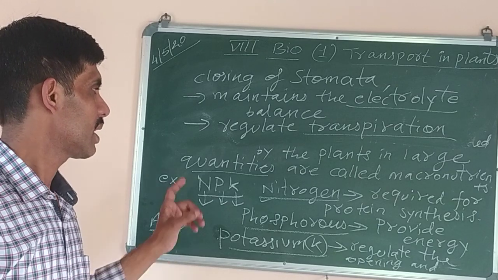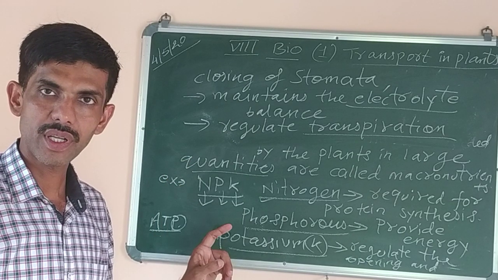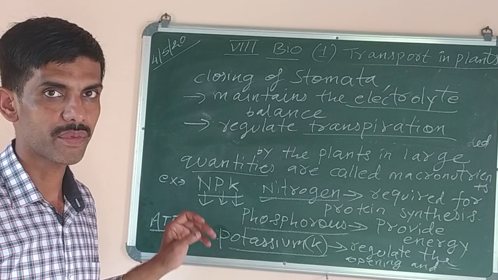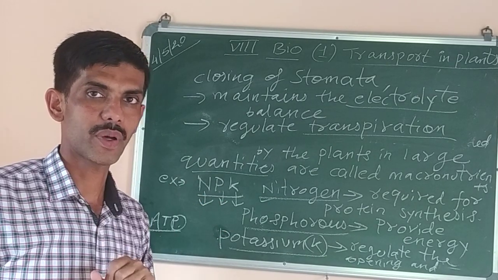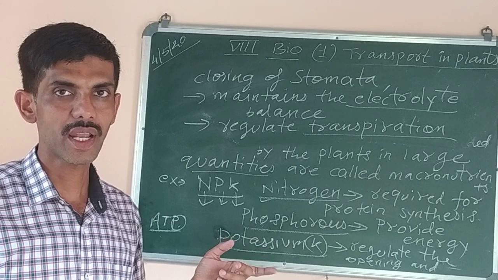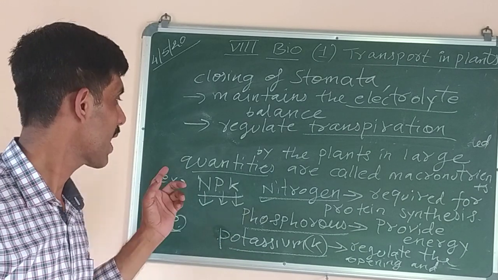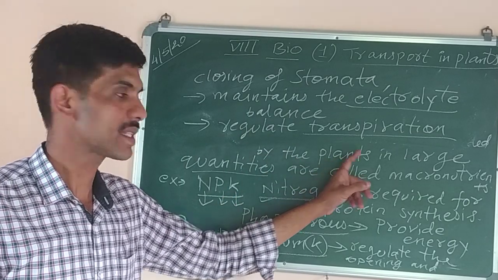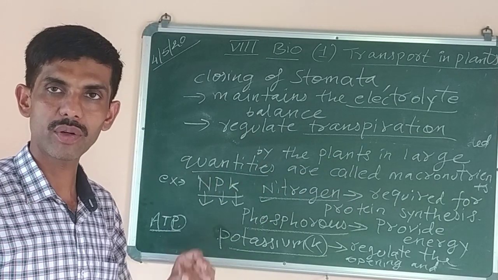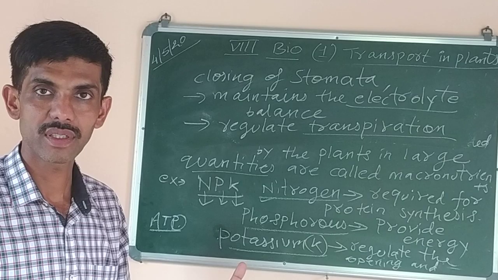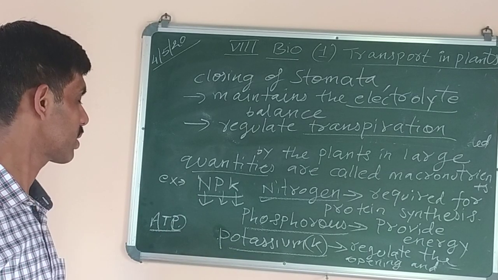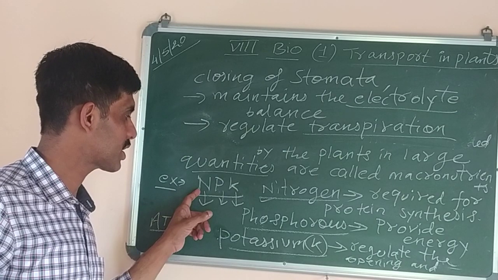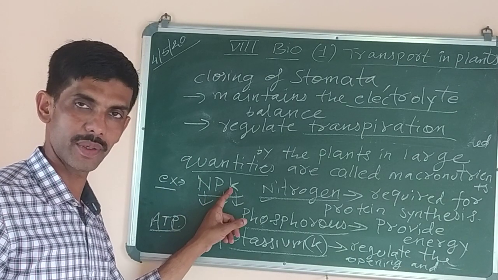So what we studied is that in mineral nutrition, plants need different types of minerals for carrying out different types of functions. And there are two types of minerals. What are they? Macronutrients and micronutrients. Now what is macronutrients? Already I have rubbed. The nutrients which are needed by the plants in large quantity are called macronutrients. Like they eat more of this, they need more. That's why it is called macronutrients. And one example is there, NPK. NPK stands for nitrogen, phosphorus, potassium.